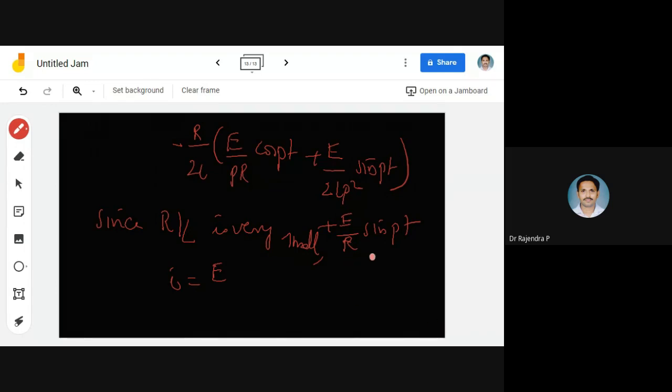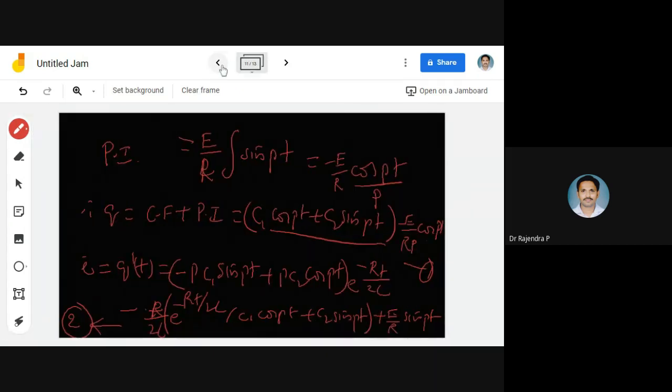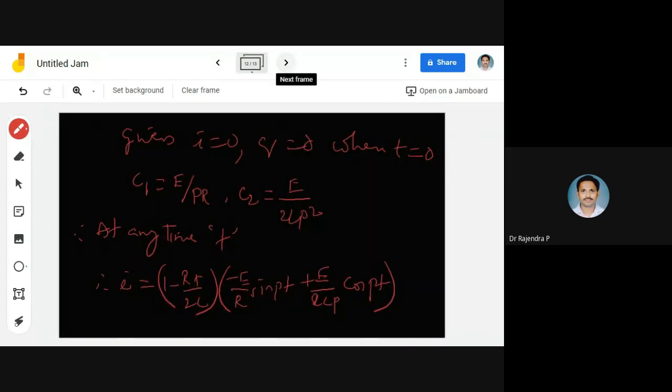Et by T is not there, right? Where did you miss it? Yeah, just check it. Some t is coming. Let me check it. E by 2L, all these higher order terms I'm going to neglect, into sin PT. I got it here. We'll check it back. We'll go back. C1 sin PT E by R.